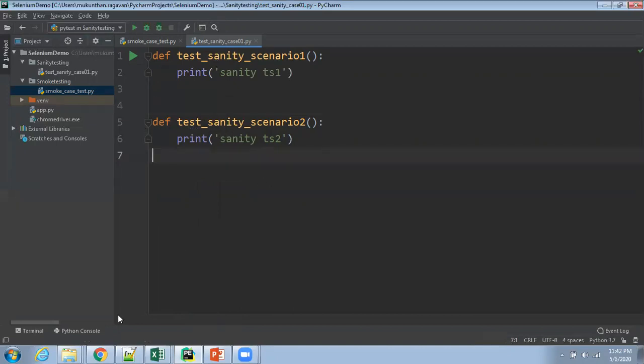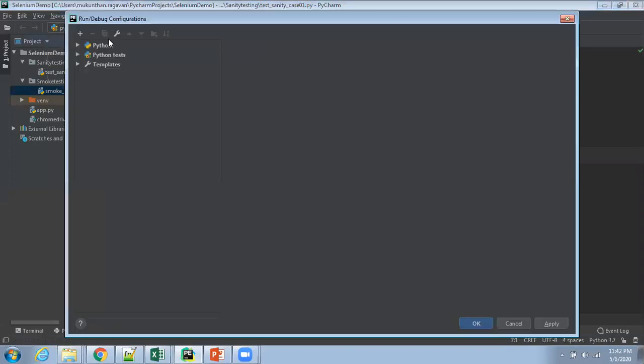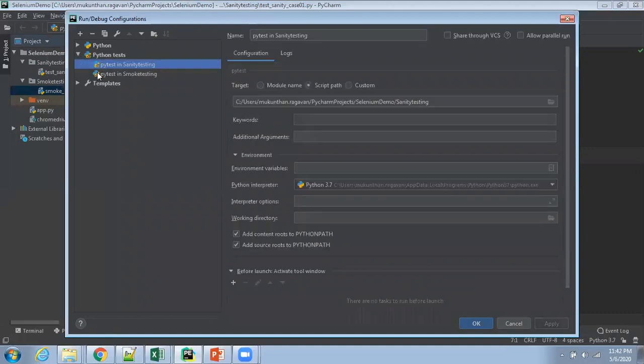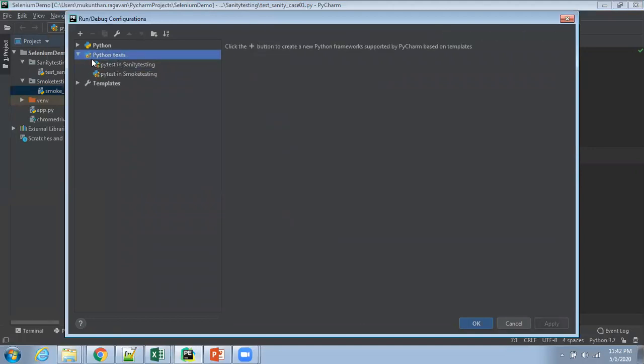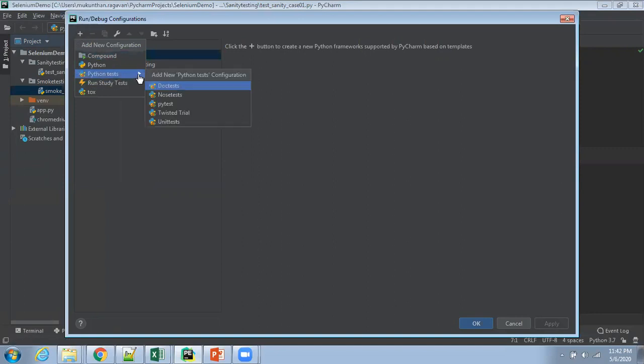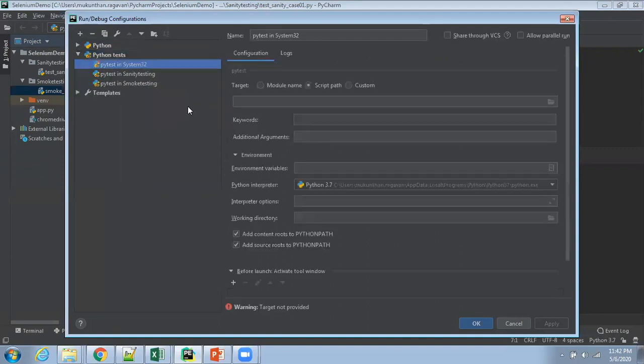So how do we execute this? You can select here and choose Edit Configuration, and here you have the predefined templates available, for example Python test. If you are coming to this place for the first time, you will see nothing here. At that time you click on the plus symbol, and under Python test you can select anything, for example doctest, nose test, PyTest. As we are working with PyTest, you click on PyTest, and you will see different options here. You can select the entire folder or the entire file, whatever you want, and whatever files are available under that will be run with PyTest.